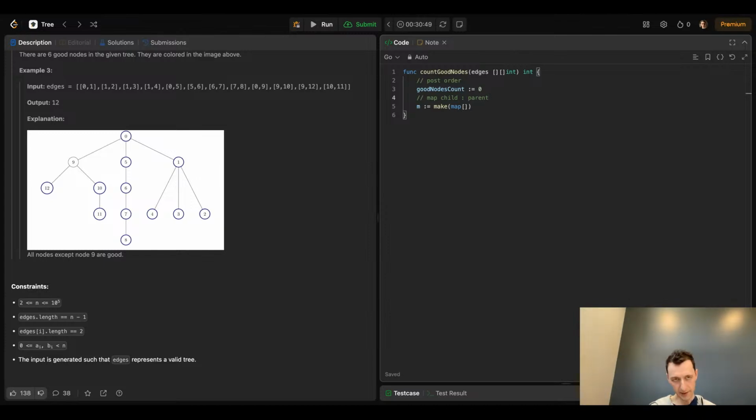As we know, each child has only one parent. And by the way, are the values unique? Each child has only one parent. A parent has several children, but